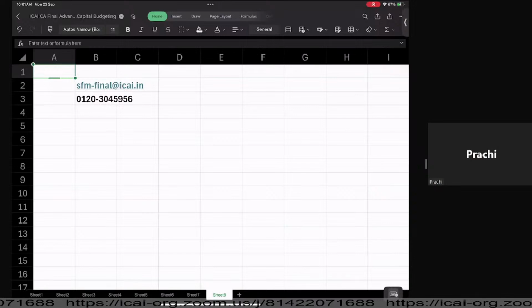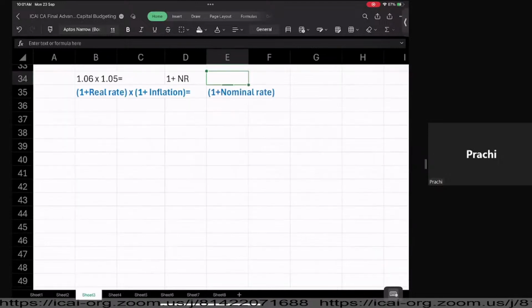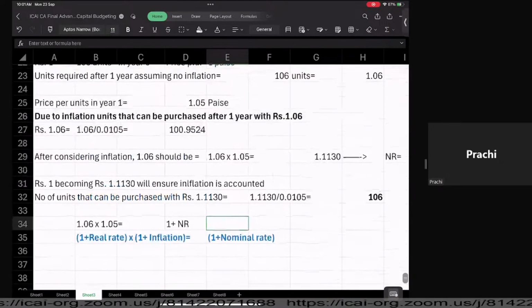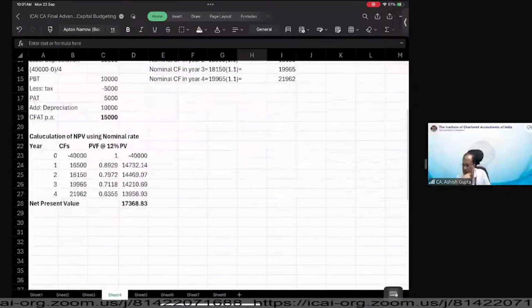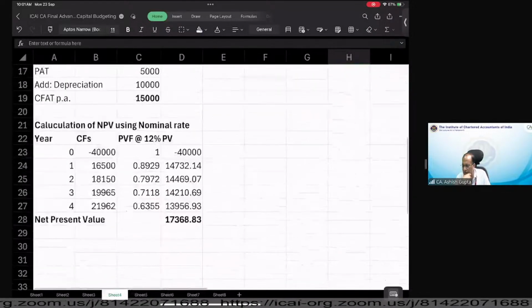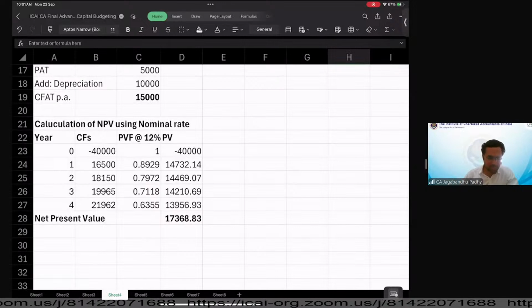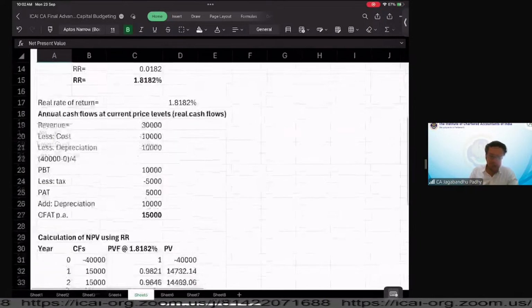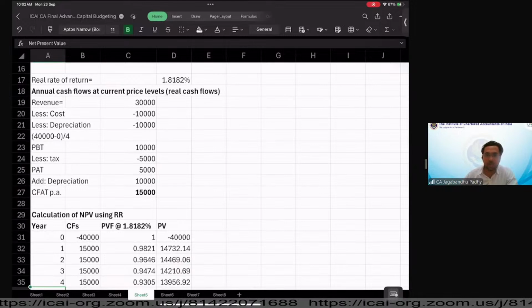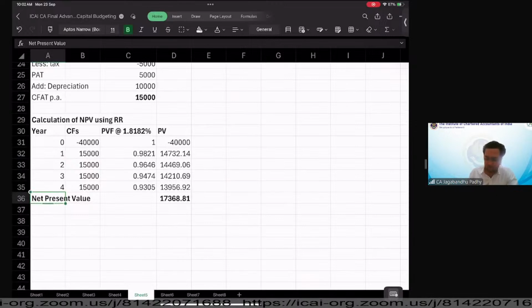Yes, sir. But the calculation of the NPV is 17,000 in case of the real return, or the same in case of the nominal return. Then how is it the same? Your cash flows are adjusted and also the discounting rate is adjusted. When your cash flows are higher in case of the nominal rate, the discounting rate is also higher, so they both offset each other. Therefore you get the NPV on similar lines, because NPV, as the name says, is present value. Both numbers give you the net effect on present value, so your decision and the numbers are also going to be the same.